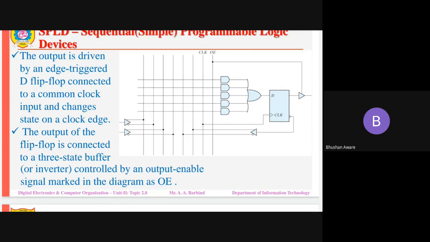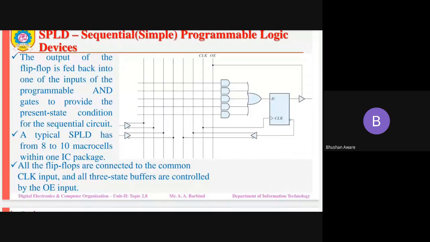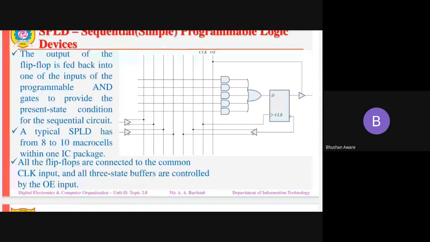Then the output of the flip flop is fed back into one of the inputs of the programmable AND gate to provide the present state condition for the sequential circuit.